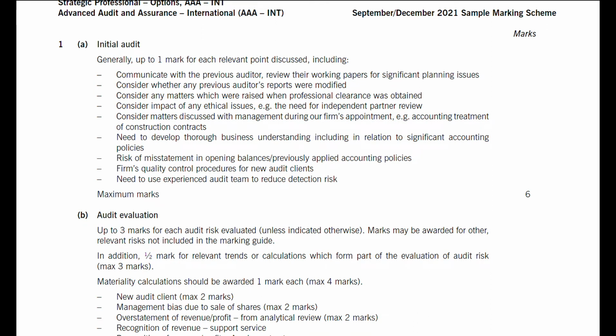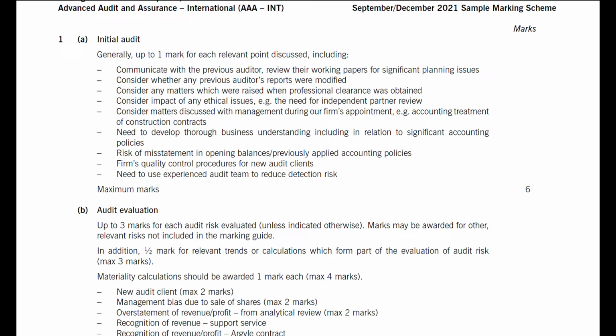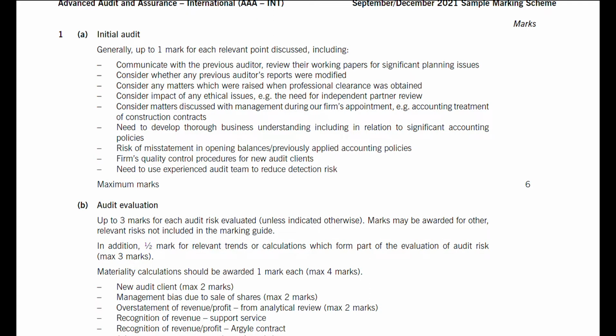Generally up to 1 mark for each relevant point discussed, including communicate with the previous auditor, review their working papers for significant planning issues, consider whether any previous auditor's report are modified, consider any matters which were raised when professional clearance were obtained, consider impact of any ethical issues, the need for independent partner review, consider matters discussed with management during our firm's appointment, accounting treatment of construction contracts, need to